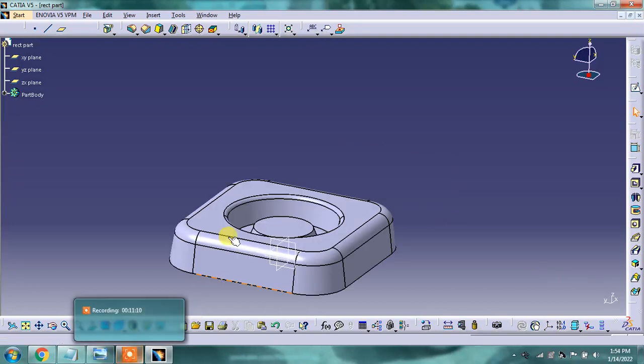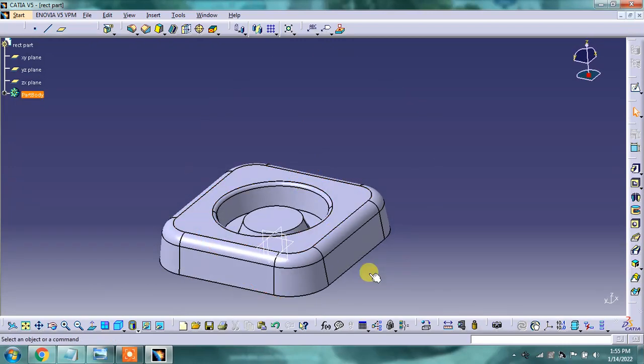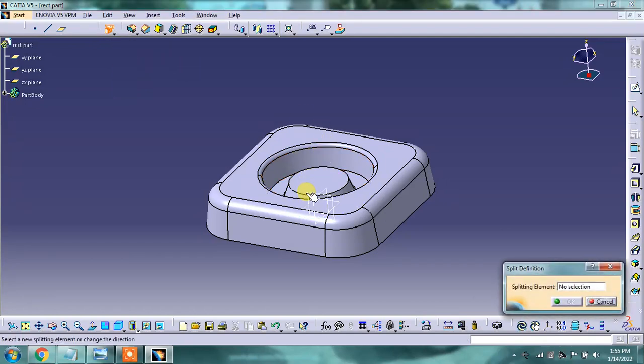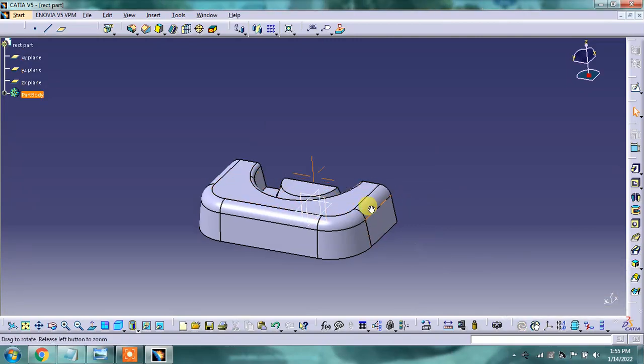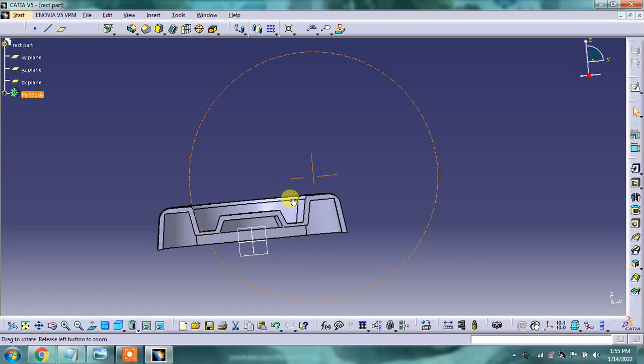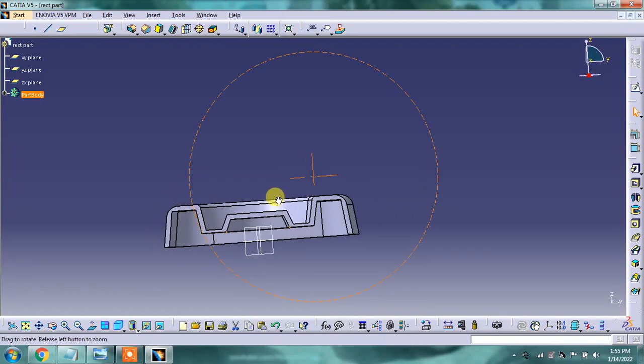So guys, we section it from here. To take a section of the portion, I am taking this split tool. After taking the split tool, select any plane and then you will get the split. So it will look like that. I'm just showing you a section view.